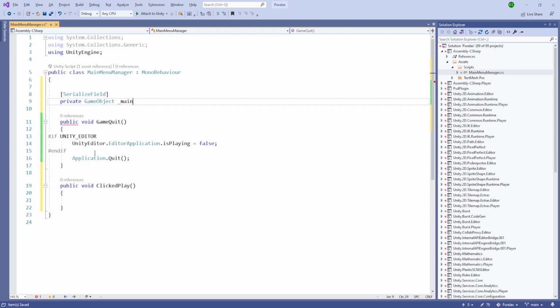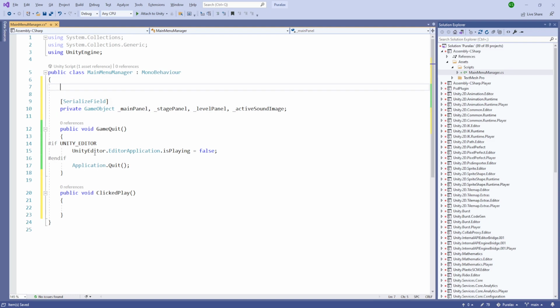So we'll need a reference to it: the main panel, the stage panel, and the level panel. And finally, the last reference is going to be for the active sound image. And we'll also need a static main menu manager instance, so we'll also create it, and we'll do